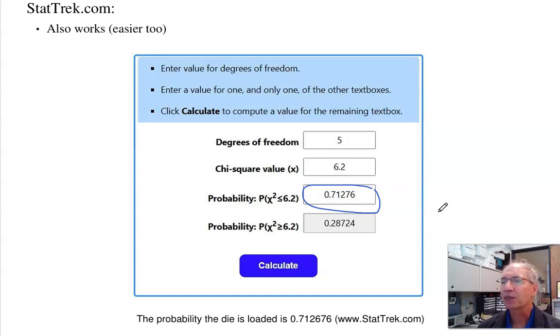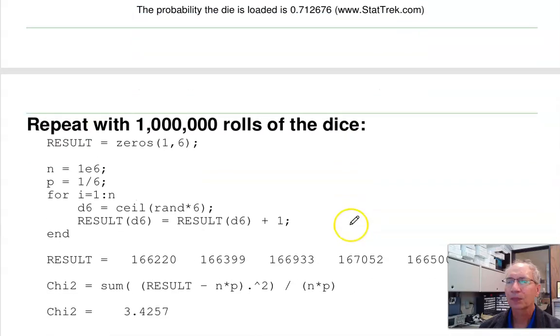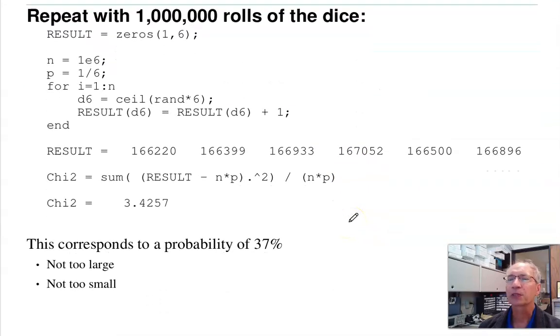So typically, say if it's higher than 90%, I think it's a loaded die. I didn't get that. I didn't get 1%. It's not fudged data, it's real data. Basically no conclusion. That's typically what you get with the chi-squared test. Now that's with 120 rolls. If I roll the dice 1,000,000 times,